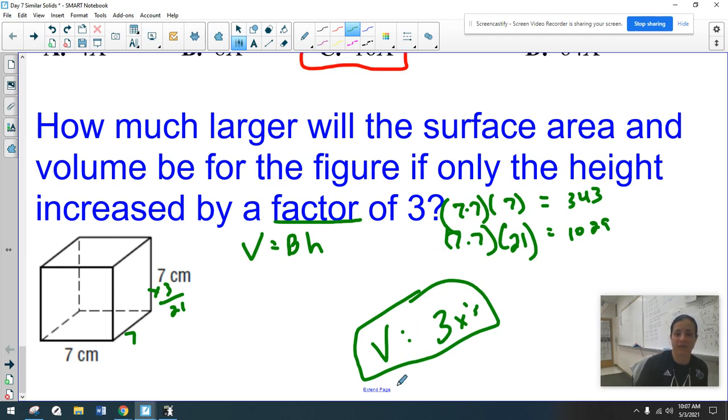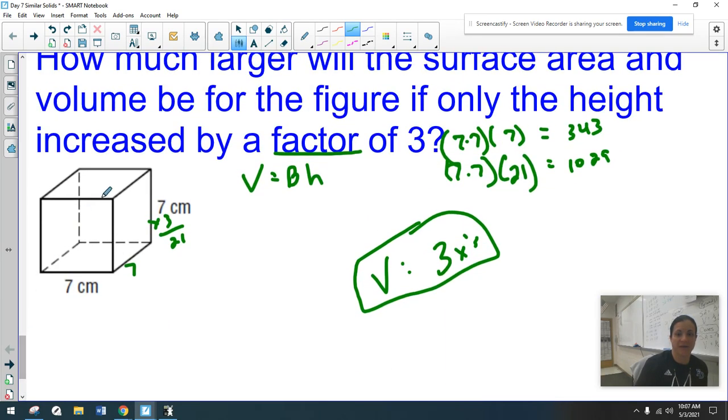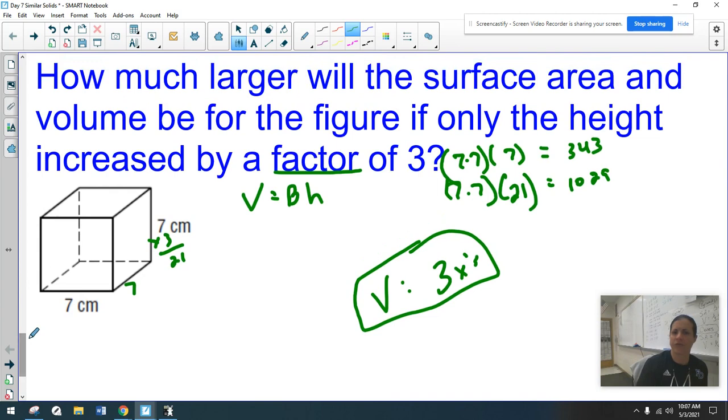Surface area, for my folks that like a challenge. The issue with the surface area is it's really hard to explain with the formulas. So I would like you to figure out how to explain it using the formulas. I can do it using the numbers. So if I end up doing the numbers, I've got